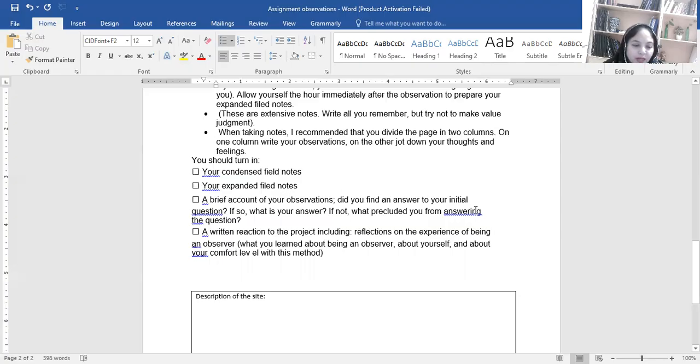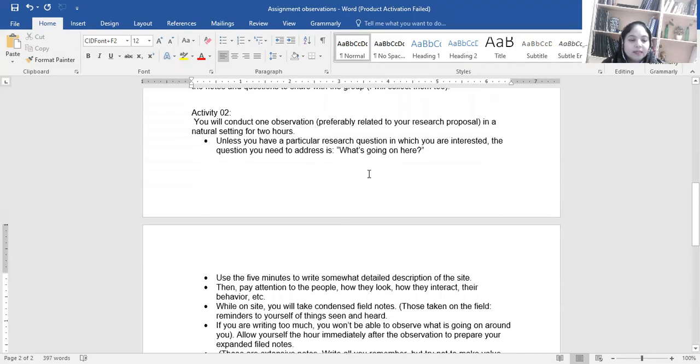Did you find an answer to your initial research question? If so, so what is your answer? If not, what precluded you from answering the question? A written reaction to the project, including reflections on the experience of being an observer, or what you learn about being observed, about yourself, and about your comfort level with this method. So आपने एक रिफ्लेक्शन उसके साथ लिख के लाना है।